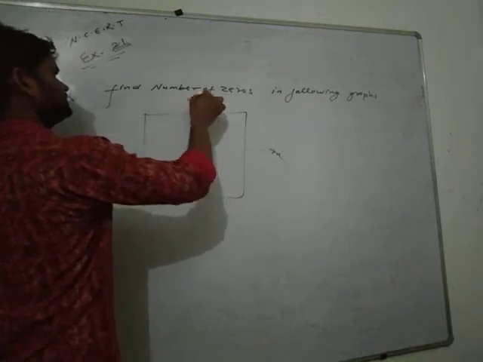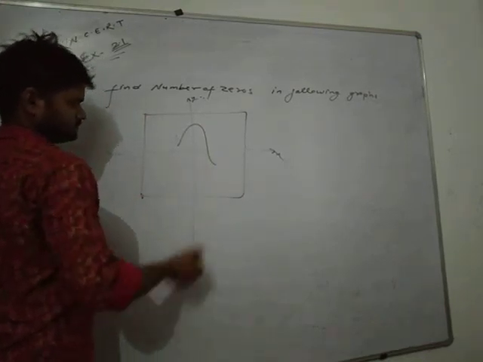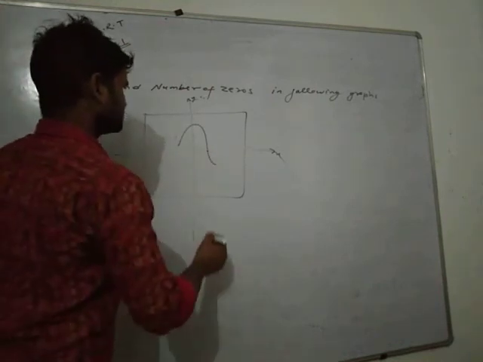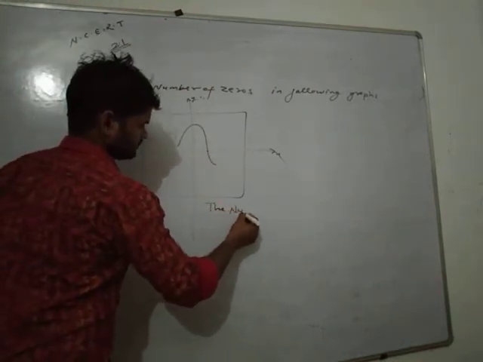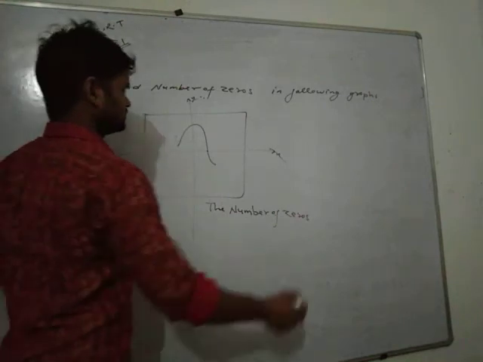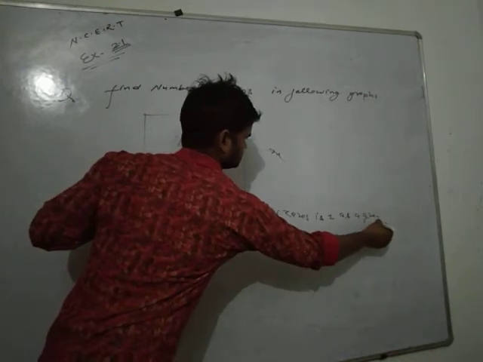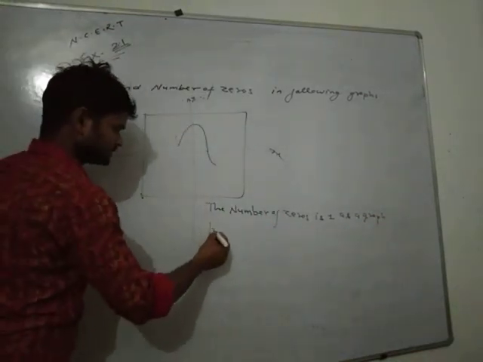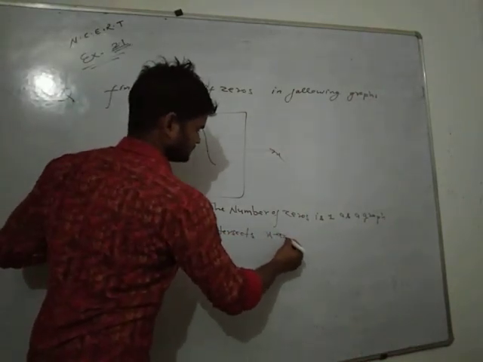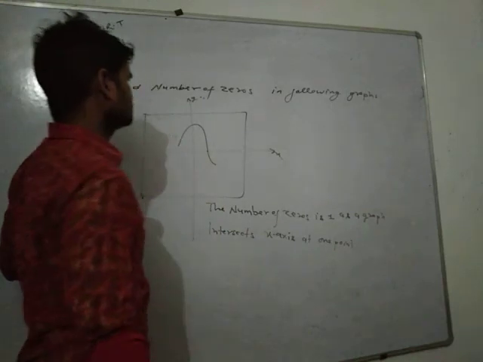This is x-axis and this is y-axis. Here the curve line cuts the x-axis at one place, so we can say the number of zeros is 1 as the graph intersects the x-axis at 1 point. Okay student,